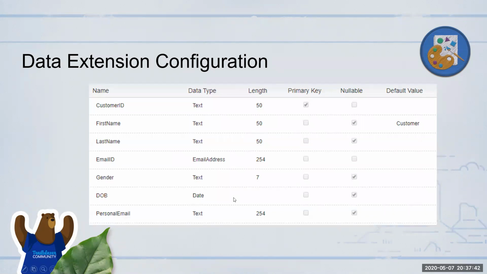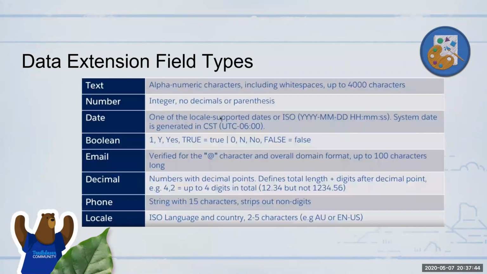Okay, so the field types, like I mentioned yesterday, are the different field types that you can configure. Most commonly, we would use text, Boolean, date, numbers, and email, definitely. Sometimes decimal, phone. One thing you need to note about decimals, they've put a note here. If you missed it yesterday, if you say decimal 4,2, it actually means 4 digits in total and then 2 after the decimal. It's not 4 digits before the decimal. So that's something you might need to keep in mind when you configure.